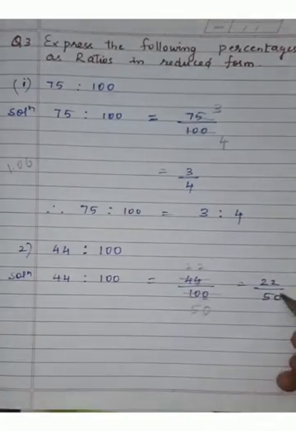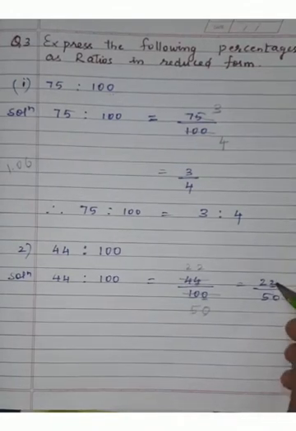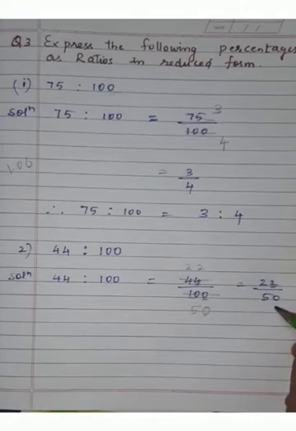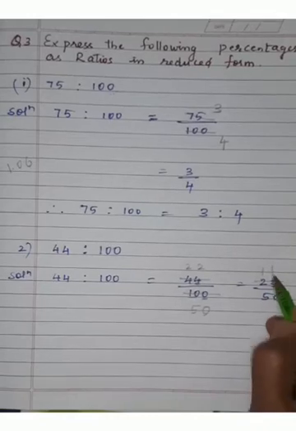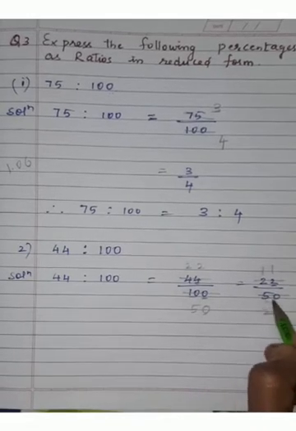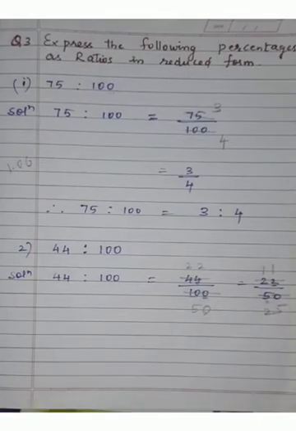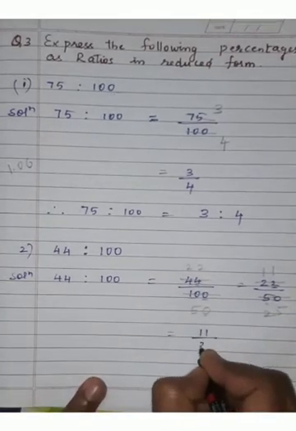Now again, children, here the numerator is 22, the denominator is 50. The unit place of the numerator is 2, here it is 0. So again both are even numbers which are divisible by 2. So here 2 1s is 2, 2 1s is 2, it is 11 we are getting here, and 2 2s is 4, carry 1, so 2 5s is 10. So what are we getting? We are getting 11 upon 25.